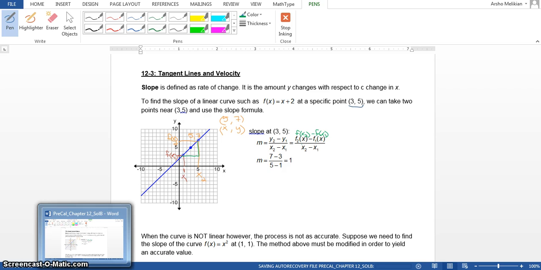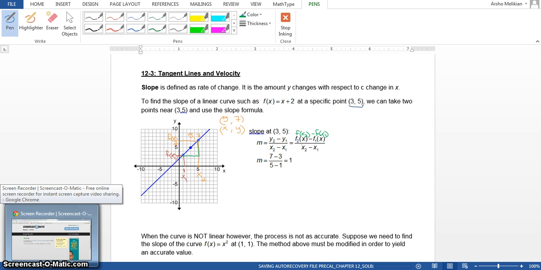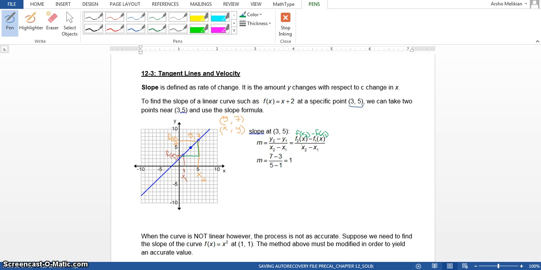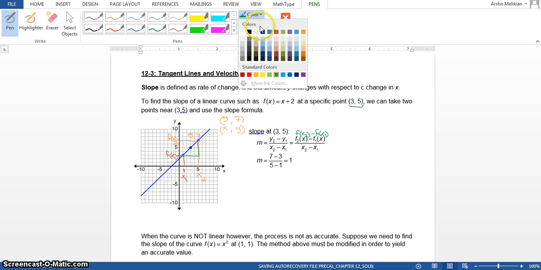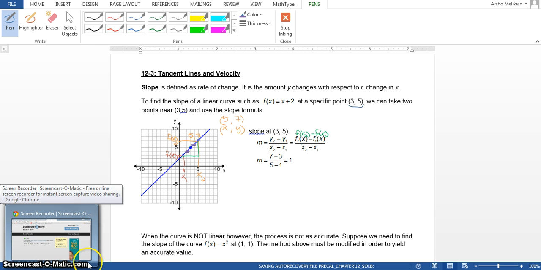So let's recap what we did. We had to find the slope at this point, 3, 5. The way we did that is we chose 2 points, one before it, one after it. We found the slope there, okay? And that will give us the slope at this particular point. Now, what if I had chosen 2 different points? What if I had chosen this one and this one? Would my slope have been any different? No. What if I had chosen